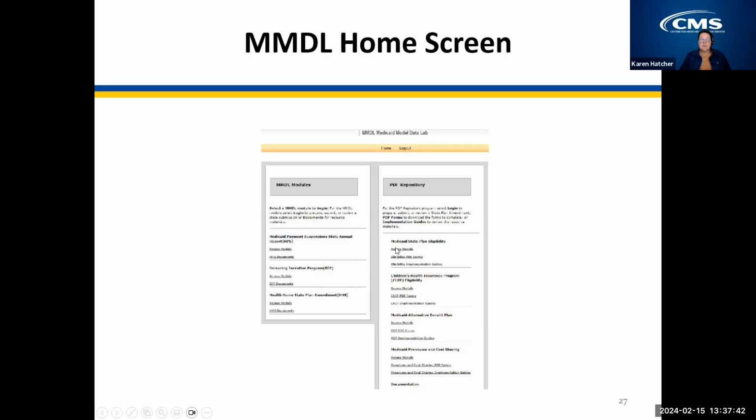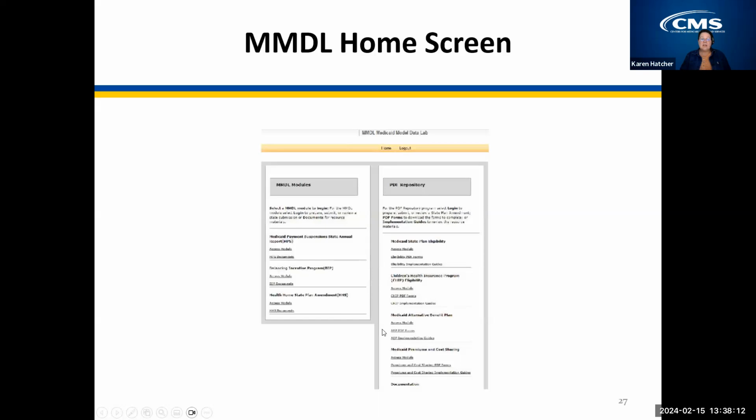The first subsection is for the Medicaid State Plan eligibility. These types of eligibility SPAs are submitted via MACPro now. So we're not going to spend time on the old MMDL eligibility forms today. If you click on this eligibility section, you'll see a red warning about how these SPAs are now submitted through MACPro. The next subsection is for CHIP eligibility SPAs. Since this presentation is on Medicaid SPAs, we're going to skip that one as well.